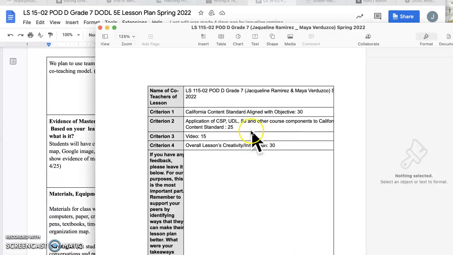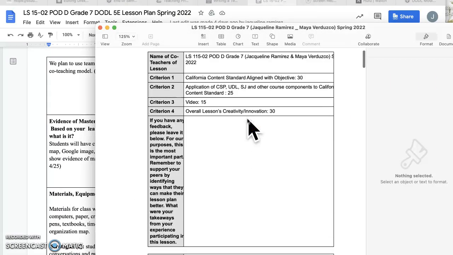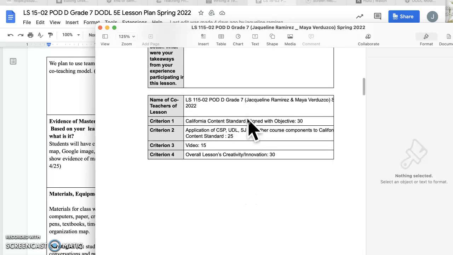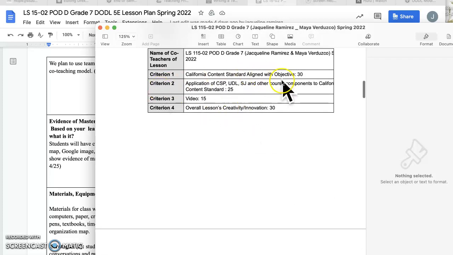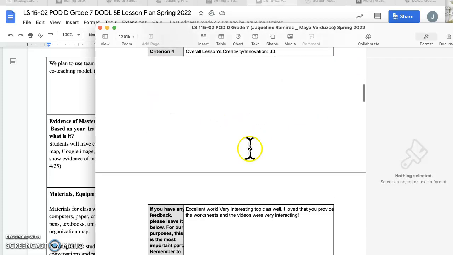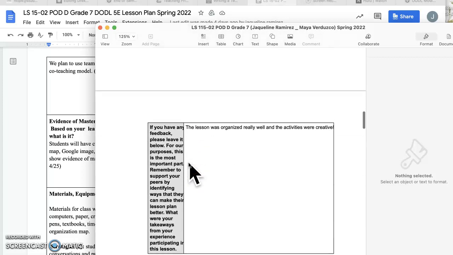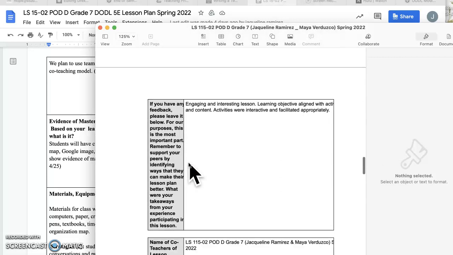Really quickly, I want to go over a little bit of what was graded on our lesson. So we got a lot of really good scores. A lot of people did say that we met a lot of the content standards for each of the criteria here. But some points that I wanted to bring up was, I know someone had mentioned that they felt that